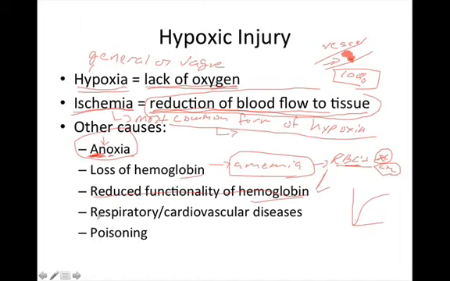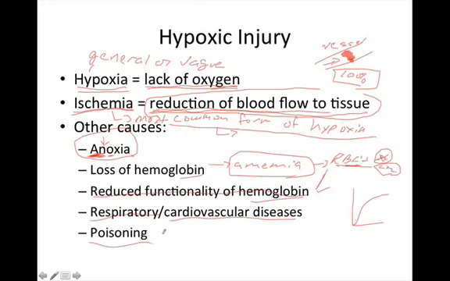Respiratory and cardiovascular diseases. Obviously, if we have respiratory complications, we're going to have a hard time getting oxygen into our system and simultaneously CO2 out. Cardiovascular complications: if we have a hard time pumping or circulating these gases around the body, you can do the math there. Poisoning, like cyanide poisoning, basically reduces the mitochondria's ability to take in oxygen and utilize it to make ATP,